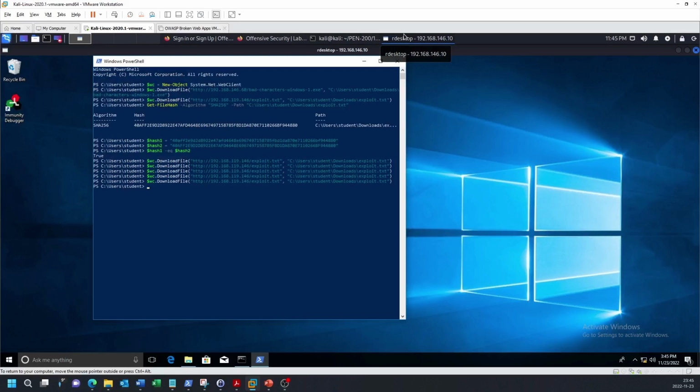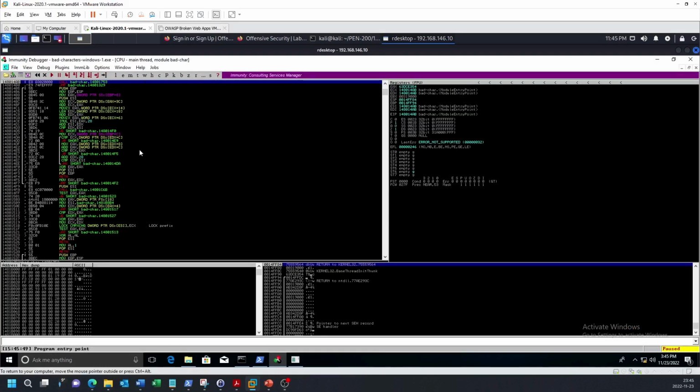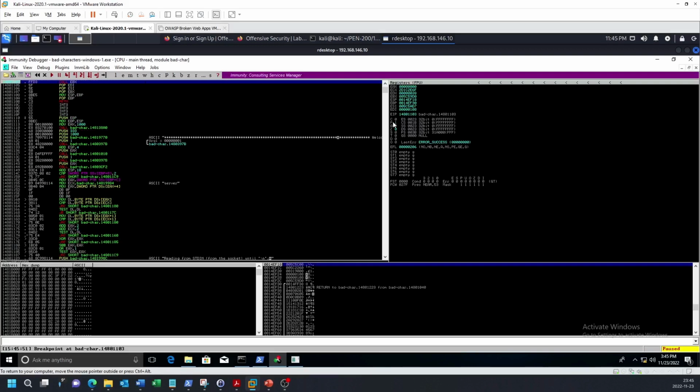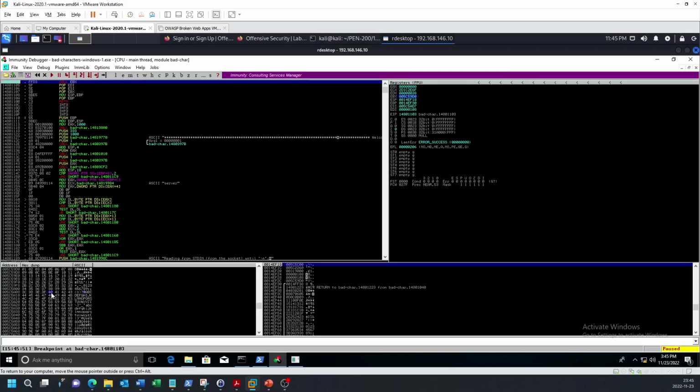Back in Windows, we download the exploit.txt file again, run Immunity, open the exe file, press F9 to hit the breakpoint, and do a memory dump of the EBX register. And we're up to the A's. So A0, 1, 2, 3, 4, 5, 6, A7 is a bad character, 8, 9, A, B, C, D, E,